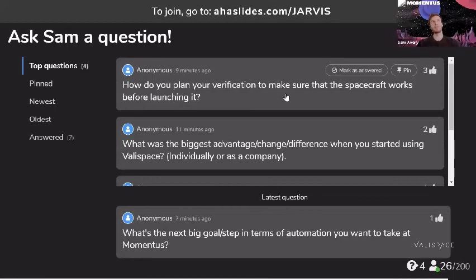We use verification and compliance. We basically define a whole requirements tree in ValSpace. And then that's essentially, you know, what are the platform level requirements? What are the mission level requirements? And then the system level requirements is, you know, is this thing actually going to work? So we have a tree of system requirements, and we define basically verifications at multiple stages throughout the project for